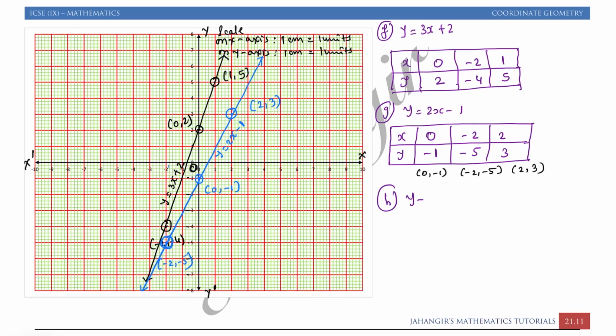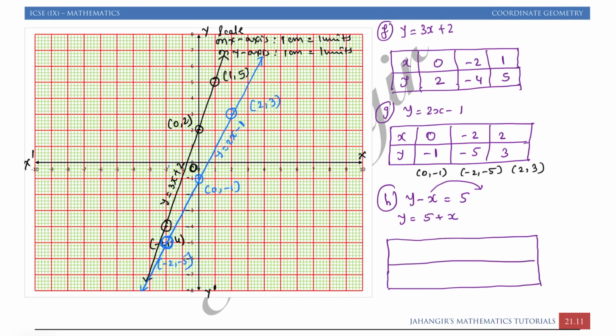Here we have y minus x is equal to 5. As we told, what is the steps? Steps में what we have to make y a subject of the formula. So we will write y is equal to, subject is always positive, x को we can shift on other side. So we got y as subject of the formula. Now we will take 3 values of x and we will find its corresponding y value. See, we are just following the rules.